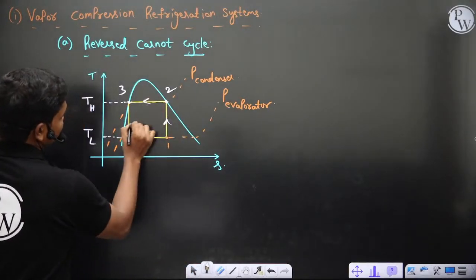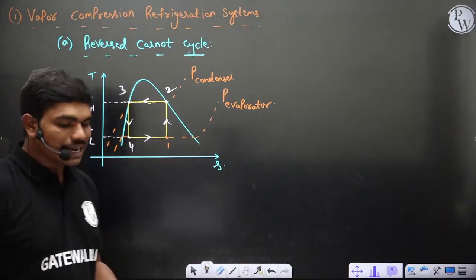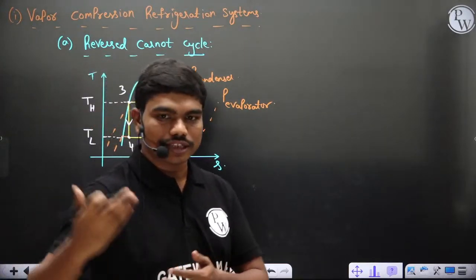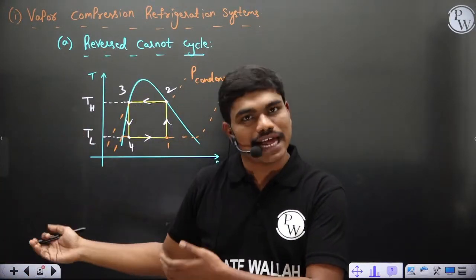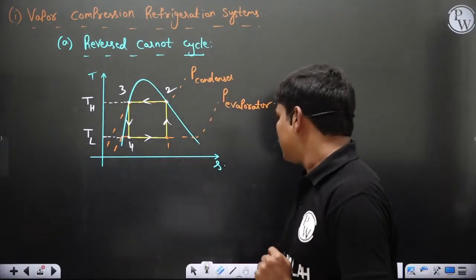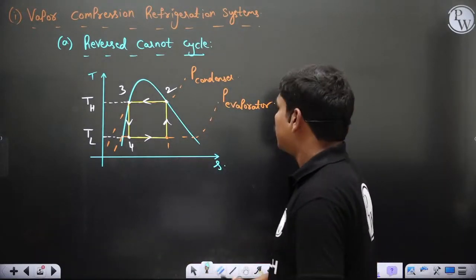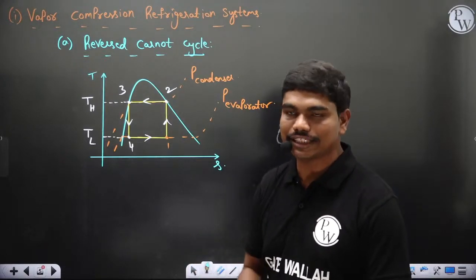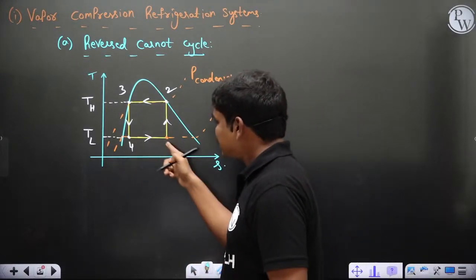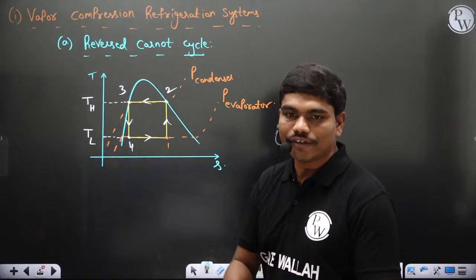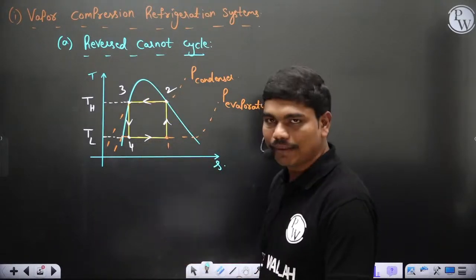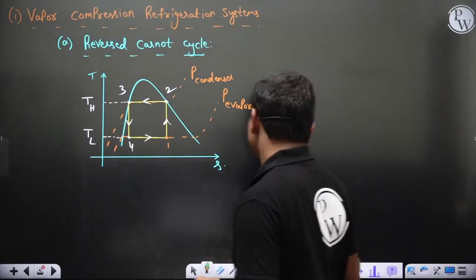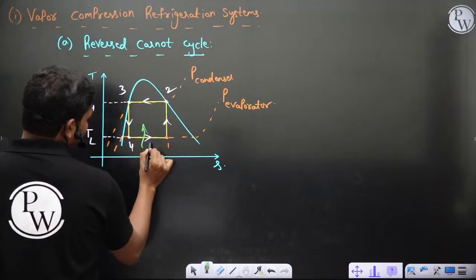So this is your reversed Carnot cycle, and this cycle undoubtedly has the best COP because the reverse of this cycle is nothing but your Carnot cycle having the best efficiency. Okay, now let's see this cycle. Even though it has the best COP, practically there are certain issues in dealing with this cycle. You can easily manage 4 to 1 and 2 to 3 because the phase change happens definitely at constant temperature, and in this cycle heat addition is happening at this point